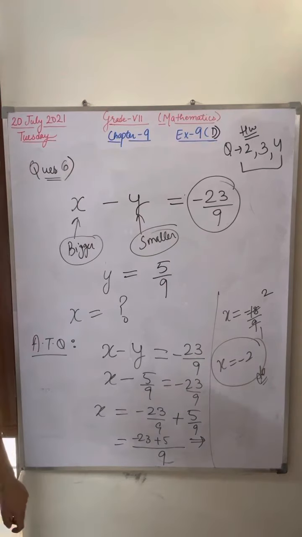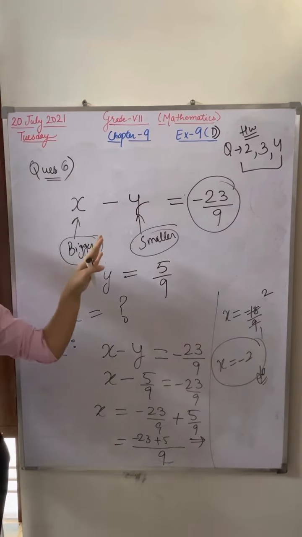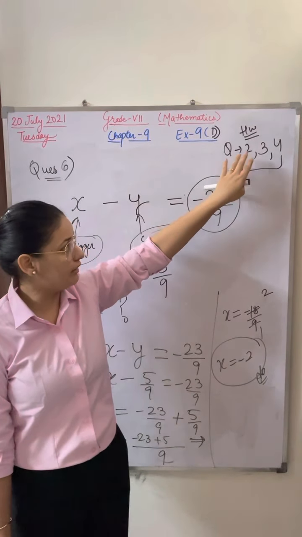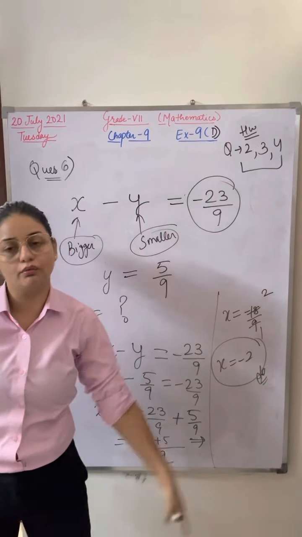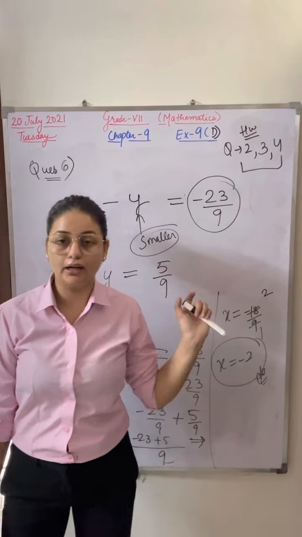So do your work properly. Today you have to do questions 1 to 6 in your fair notebook. These 3 questions have been given to you for homework. A few parts we have done in the class, and a few parts are given for homework. So do your work carefully, properly and on a regular basis.